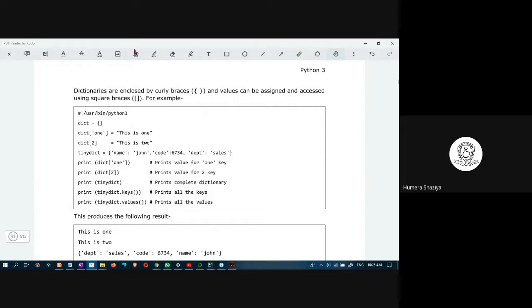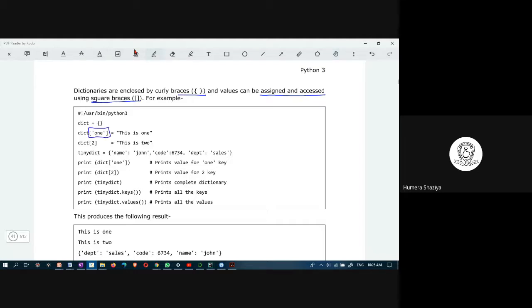Dictionaries: here it is given, dictionary is enclosed in curly braces. Values can be assigned and accessed using square brackets. When a particular value is assigned or accessed, you have to use square brackets, whereas when you are creating it, you use curly braces. DICT is equal to, this is an empty dictionary. Now you are creating a value in this dictionary, DICT, and this is index.